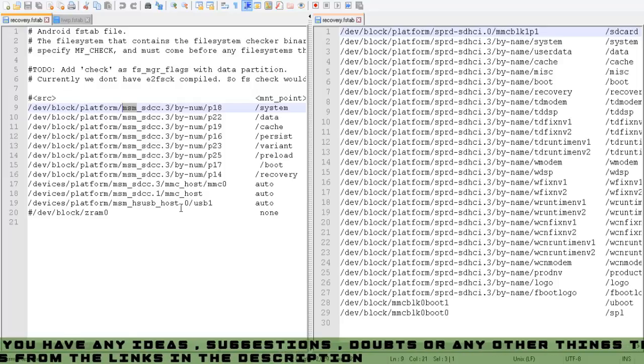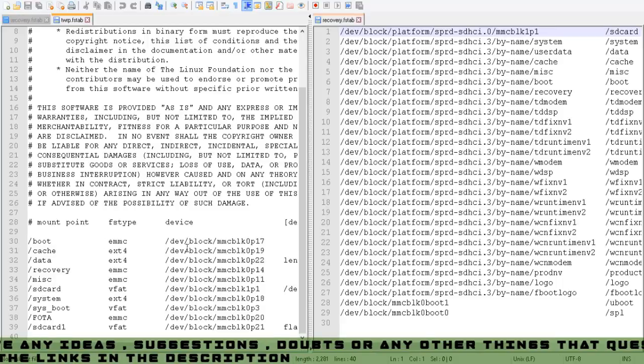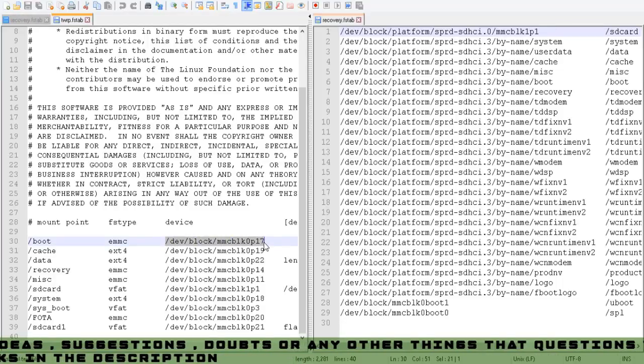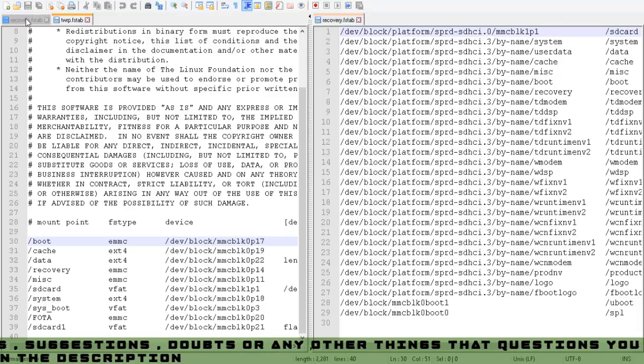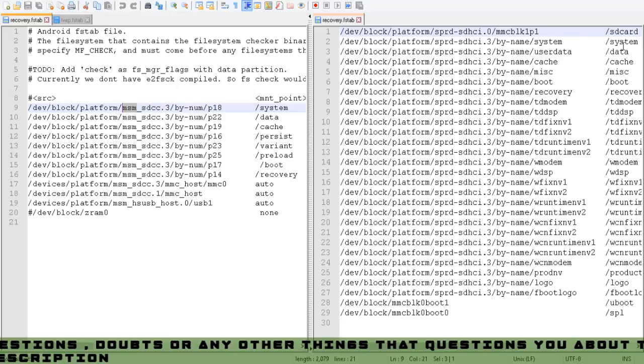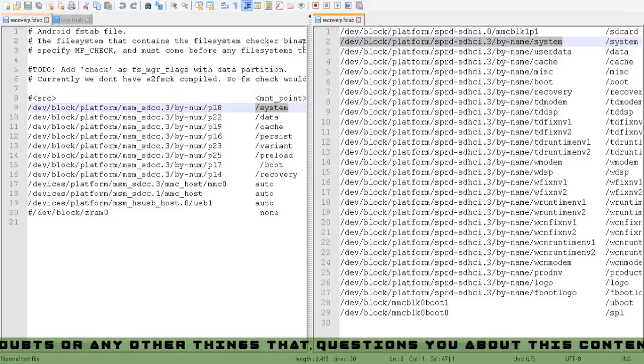Even in the twrp.fstab you see here, the mount points are first, and the actual locations are different. So that doesn't matter. I'll be showing you the same things. What I'm going to do is make a copy of this. I need the system, and here's the /system mount point name. So I'm going to copy this complete location of mine